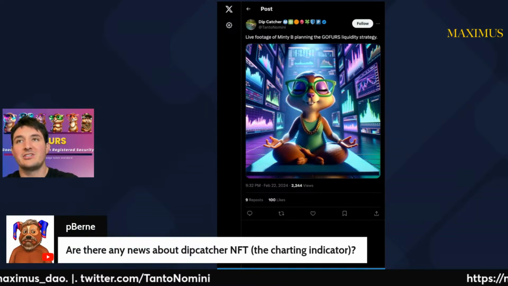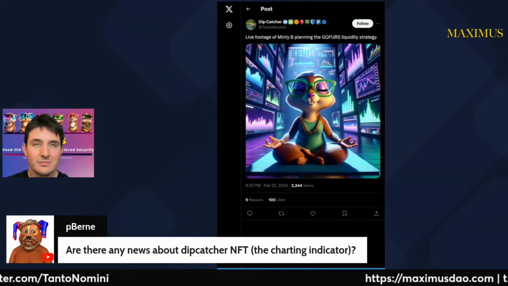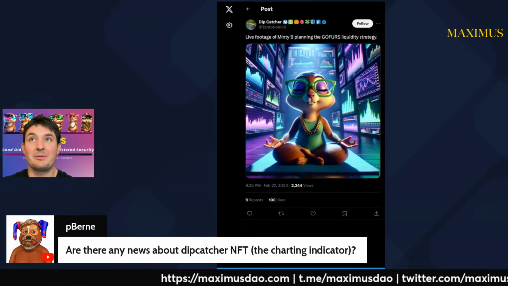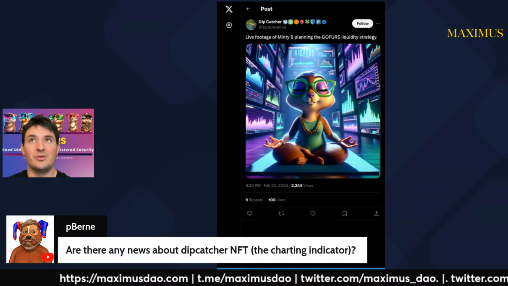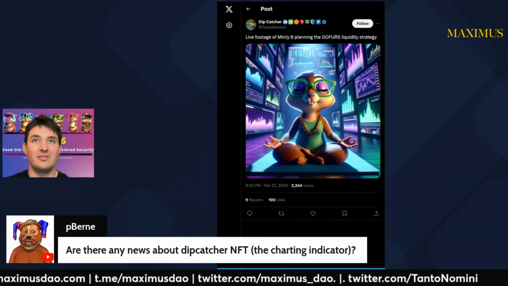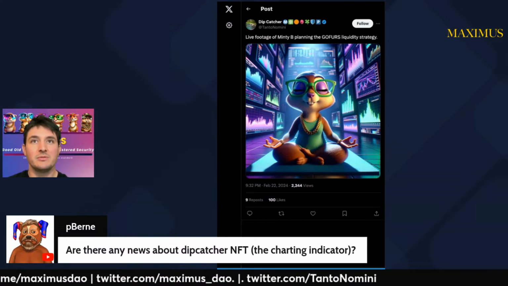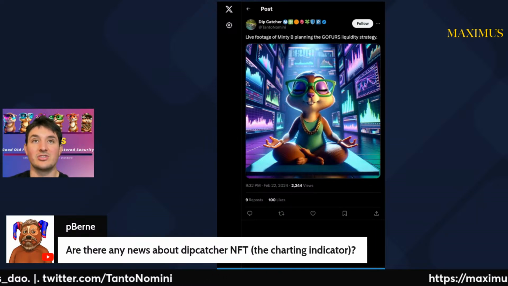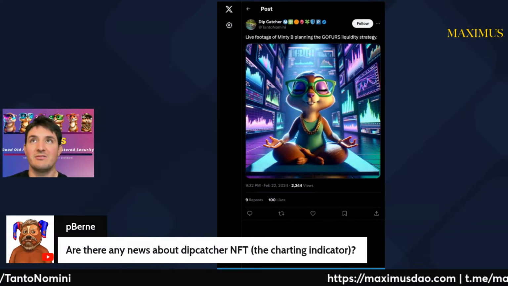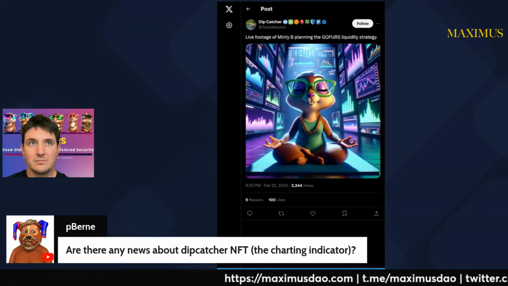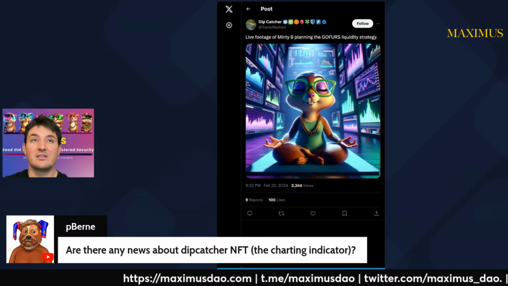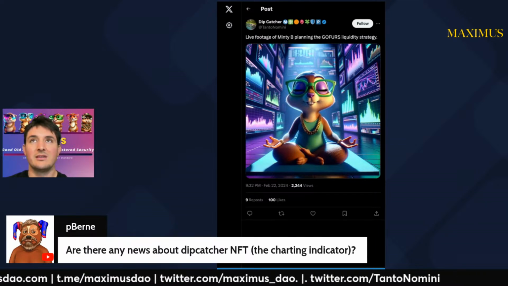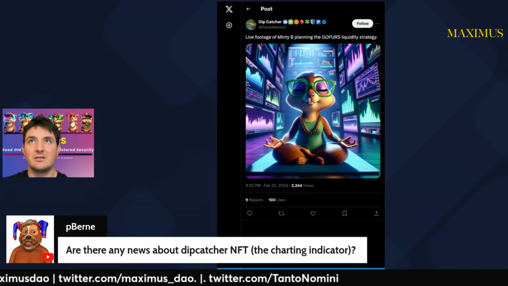Are there any news about Dipcatcher NFT, the charting indicator? I guess it's not an NFT. I mean, it kind of is in a way, because when you bought it, you get saved in the contract as a member, DipCatcher member. There's no NFT related to it. Perhaps we should. There's a nice image on the site that you can just right click and save and then pretend is your NFT. So there's not technically an NFT. You did get a token that is redeemable when you burn it to get access to the DipCatcher